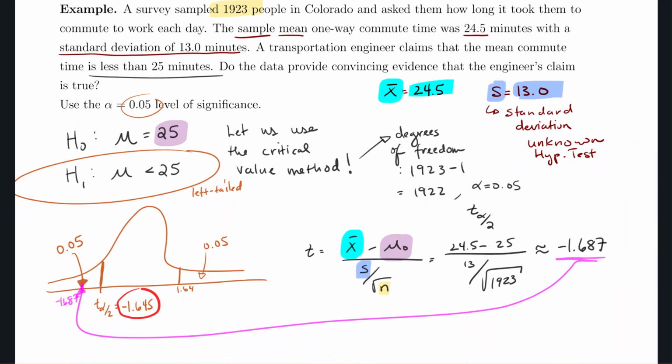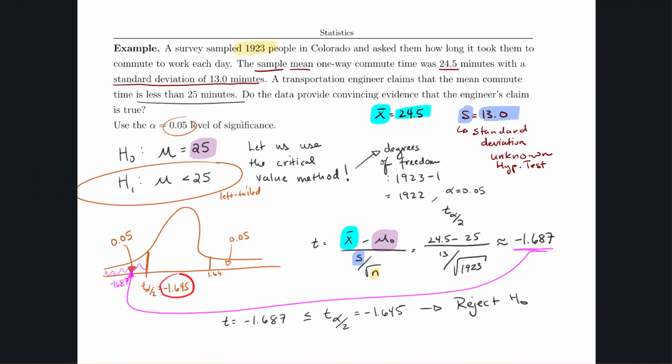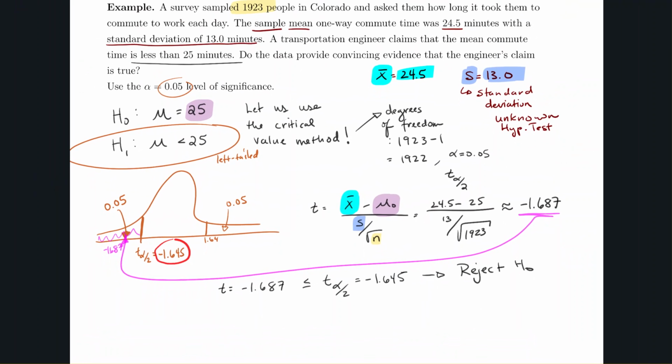So our conclusion is, it says if your test statistic is in this portion of the tail, then you reject H naught. So as my test statistic t, negative 1.687, is less than or equal to my critical value t alpha over 2 of negative 1.645 for my left-tailed test, the conclusion for the critical value method is reject H naught. Now, keep in mind we're almost done with the problem, but once we reject H naught, we then have